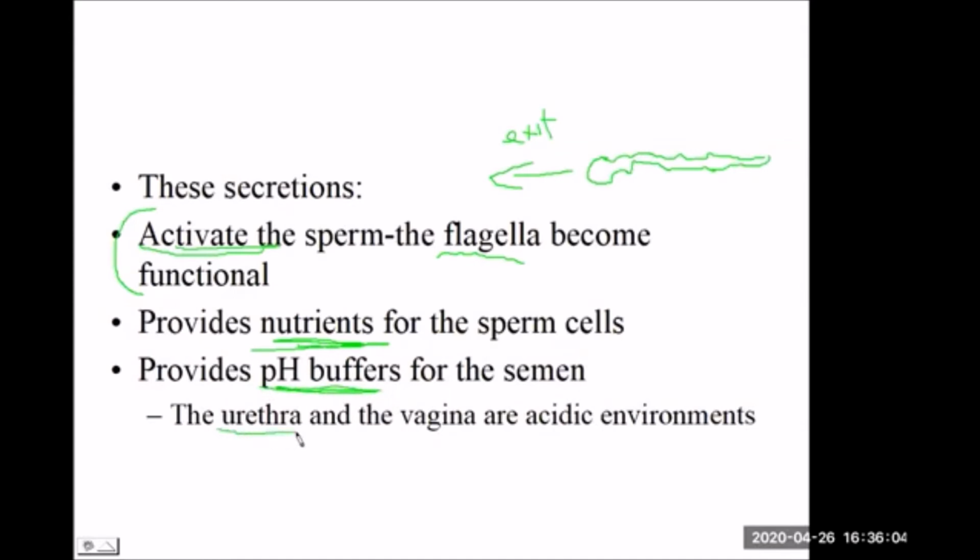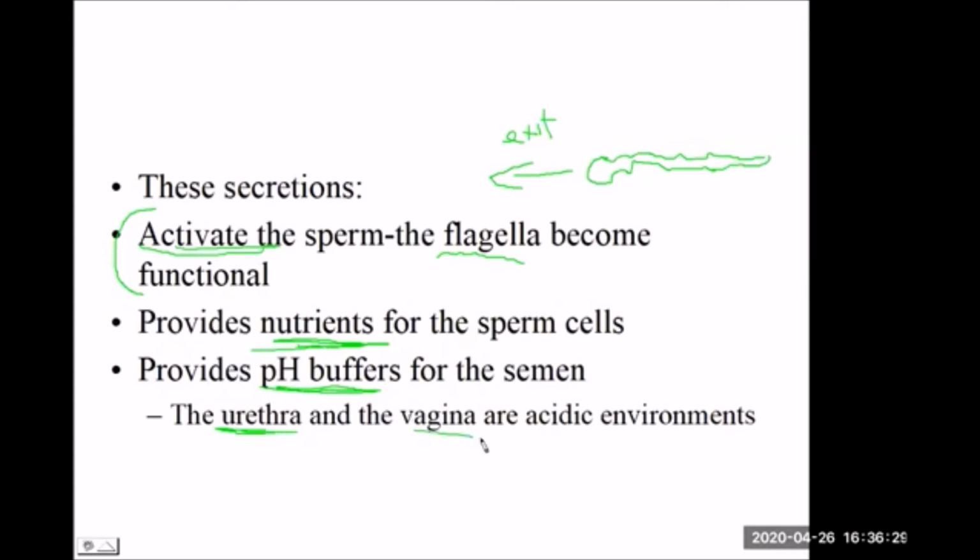Any possible residue of urinary material is acidic, with a lower pH, so the secretions from some of these glands are more alkaline to help counteract any residual urine in the urethra, as well as especially to protect